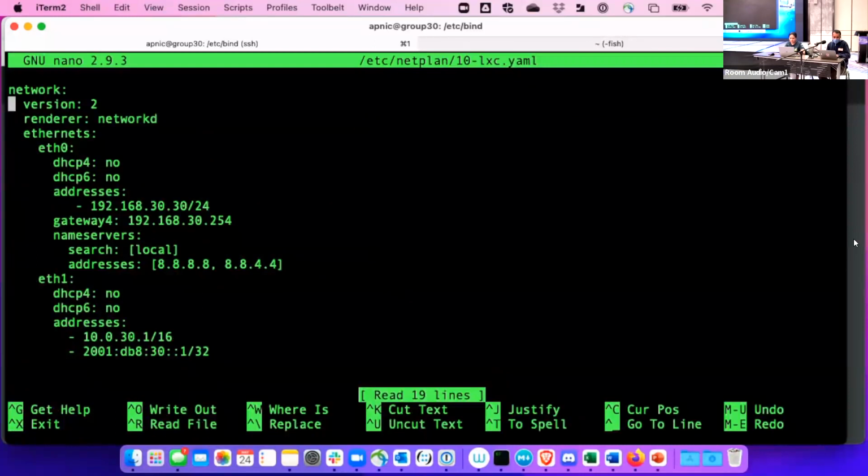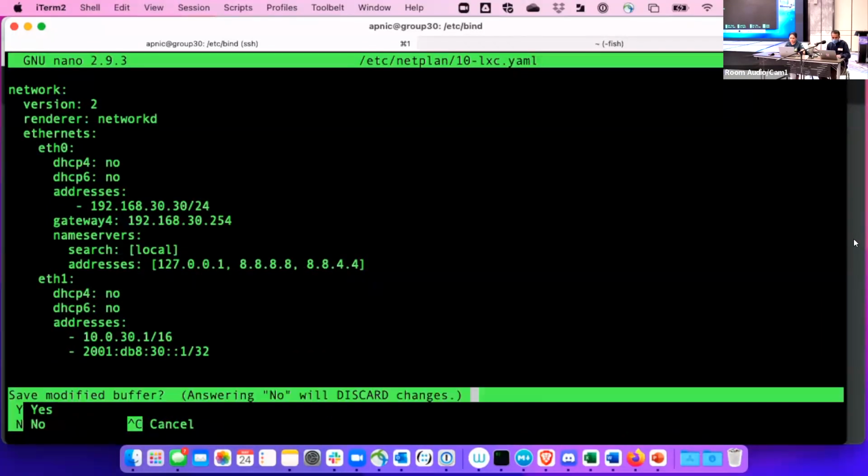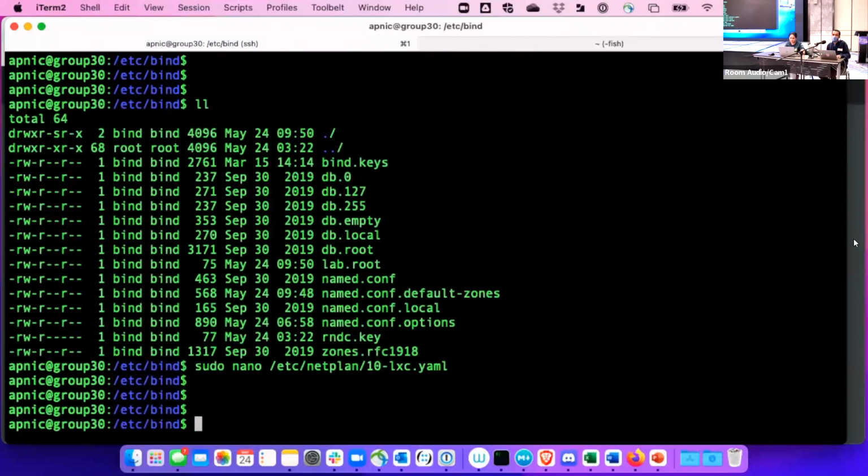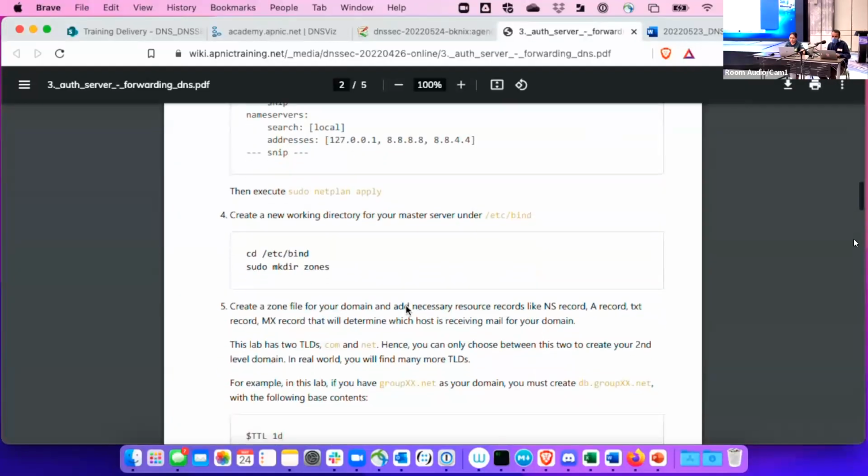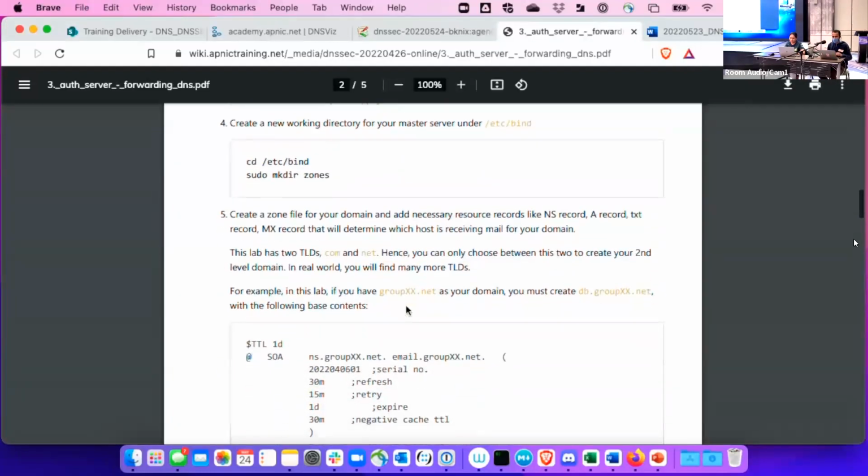And here in the address section, we're just going to add its own IP address, so that it tries to look for its own resolver when it would like to run some dig command or